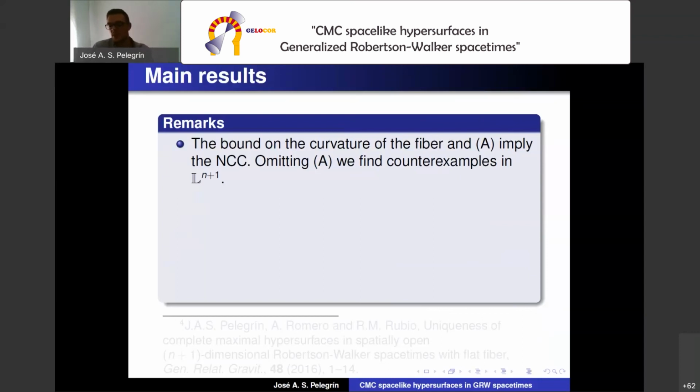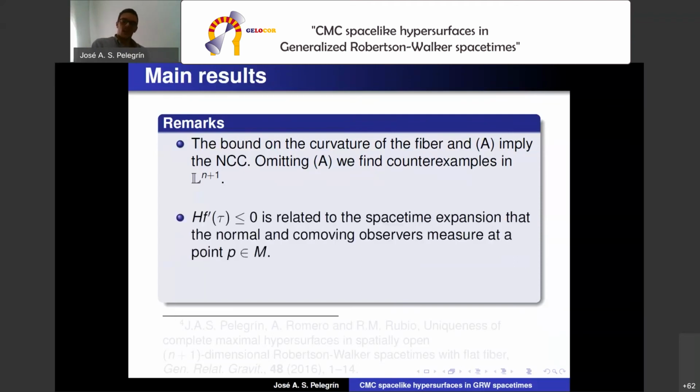We find the maximal space-like hyperplanes, which are not necessarily slices. Also, this assumption on the sign of the mean curvature compared to the